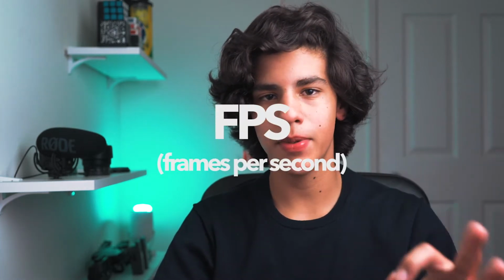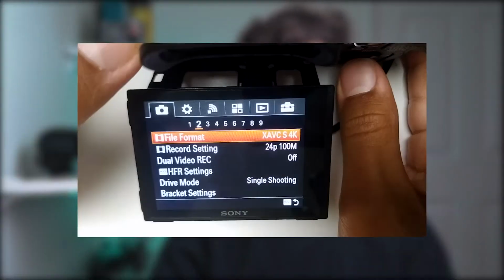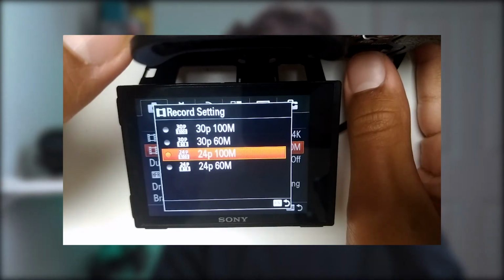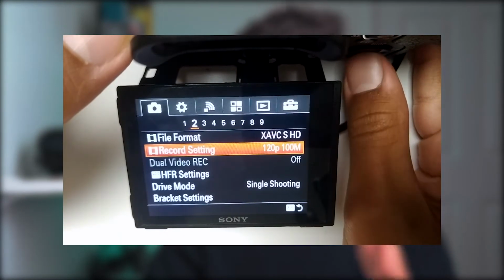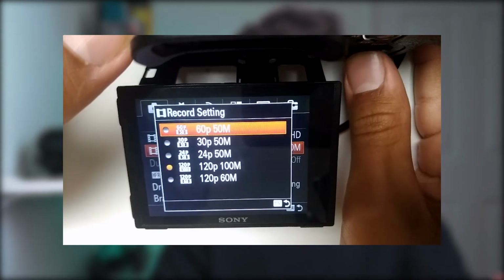Now when talking about FPS, I usually shoot at 24 frames per second, and that is the most cinematic aspect that you can get. So I'm shooting right now in 24 frames per second in 4K. I'll get into resolution later. But when you shoot 4K, you cannot do slow motion. For you to do slow motion, you need higher frame rates, so then you can slow it down in post-production. So you need something like 60, 120, 240, or as many as you want,